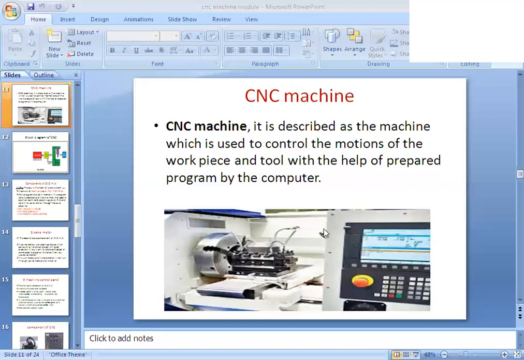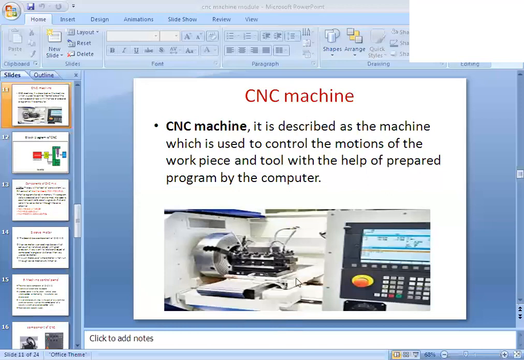Okay, this will have a full 360 rotation, and this opening is for coolant and so on. If you want to keep the workpiece inside, what you will do is, there will be a door here, behind it. This is fully covered with a sliding door, you just have to slide it to this side. So you have to keep the workpiece inside and fix it. Then you have to close this door.